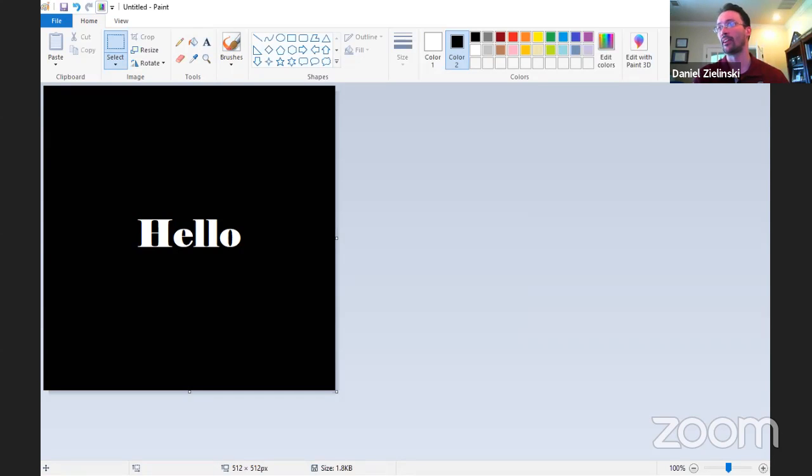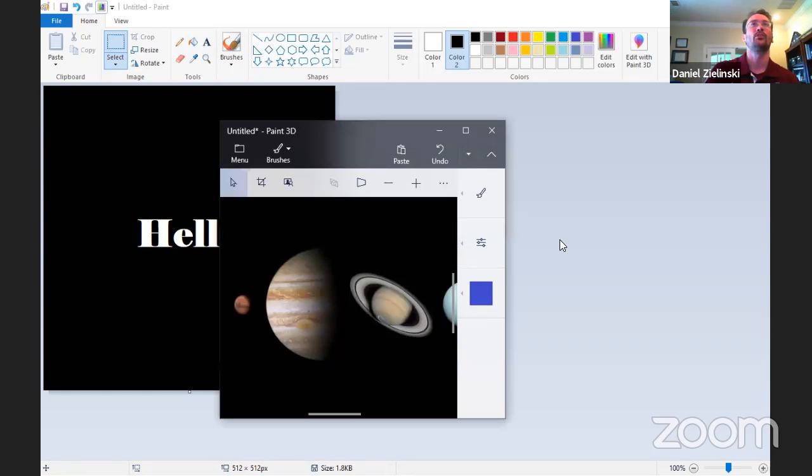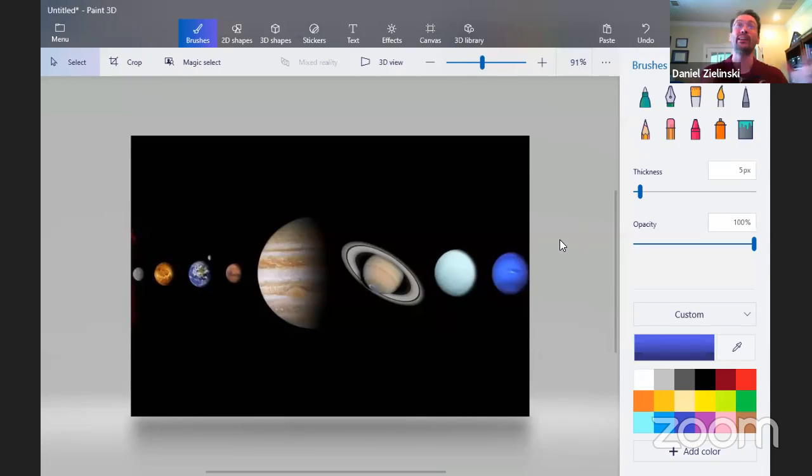Where did I have it? There it is. Okay, so here's Paint 3D. Again, it's free. It comes with Windows. It's the replacement for Paint. This is their new version. And it's even better because you can actually bring out clear, transparent slides out of it. For example, and this is the example I use in my notes, so you can refer to those,